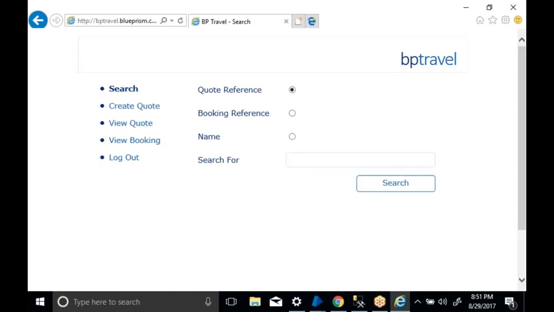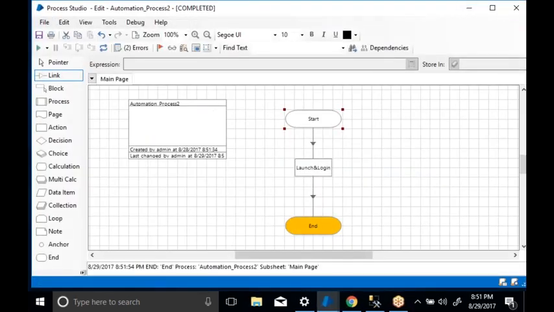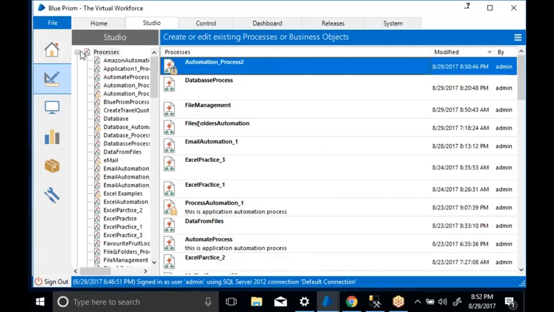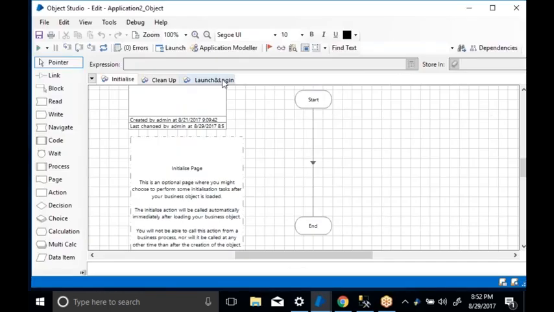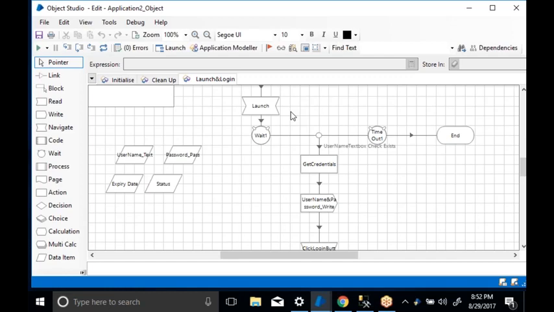Now you can see it's a problem with the data transferring, where it had not updated the object to the process owner. Now it is logged into the application. Now if you observe here, the application credentials that we are getting from the credential manager, how are we getting them? We are getting them by using the internal business object called credential.